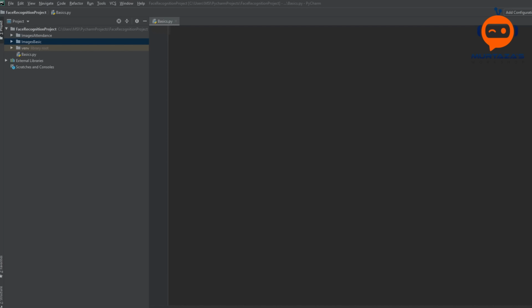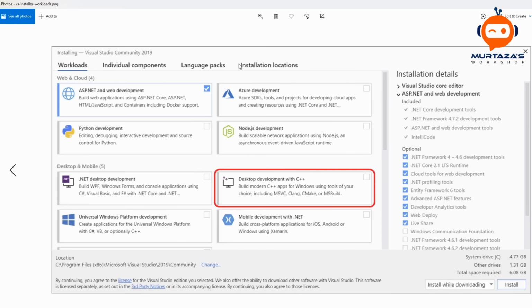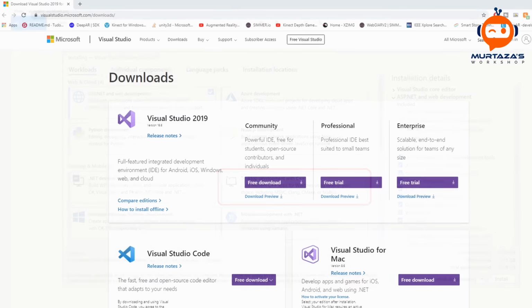Now, before we can use this library, we have to install the C compiler. If you go to the Visual Studio website, in the download section, we can download the community version. Once we download that, we will have something like this in our installation. What we have to do is just select the desktop development with C++. That is the only thing that is required. Once we install that, we can come back to our PyCharm project